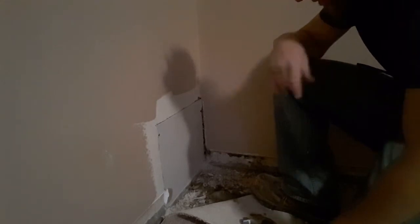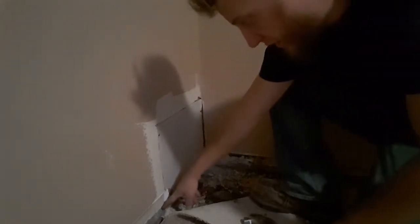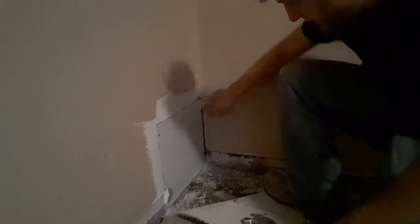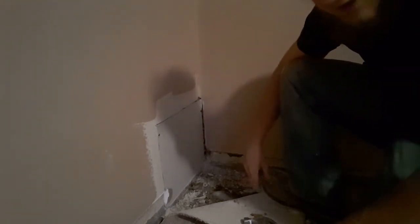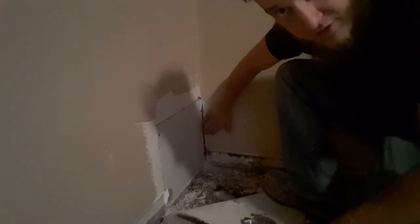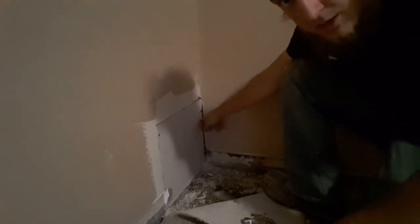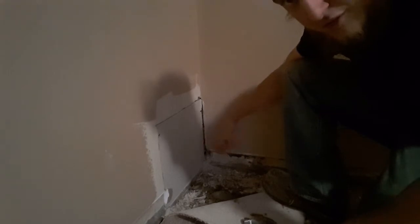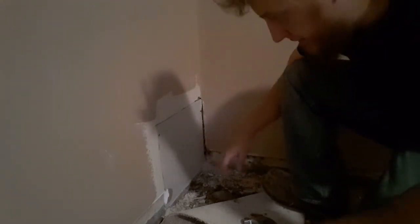Alright, finally got it to fit the way I wanted it to. So we're going to run mud. We're going to go ahead and drywall mud around here and in the corner. And then, so basically both sides of this corner, both faces, this wall and that wall. And then run a piece of corner tape, stuff that back in there, let that dry, mud over it,